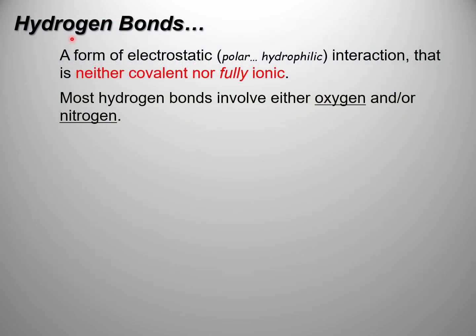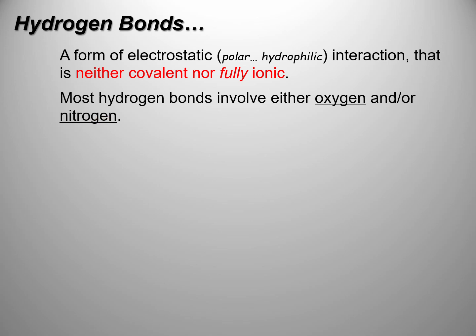Now on to hydrogen bonds. Hydrogen bonds are a polar interaction, but they are neither covalent nor fully ionic, and they have very, very specific parameters. In biology, the hydrogen bonds we're talking about involve a bonded oxygen or nitrogen. There are other types of hydrogen bonds out there. They include fluorine and other things, if you get into inorganic chemistry. But in biology, the vast, vast majority are going to involve either an oxygen or a nitrogen